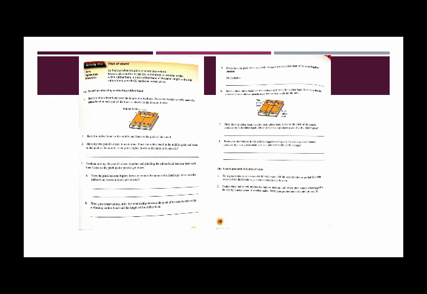Then in step 3, move the two pencils closer to each other, pluck the rubber band in the middle again and listen to the pitch of the sound again. Is the pitch higher, lower or the same as in step 2? You have to tell us what difference you find in the pitch when you change the position of the pencils according to the instructions. You have to write it down over here.